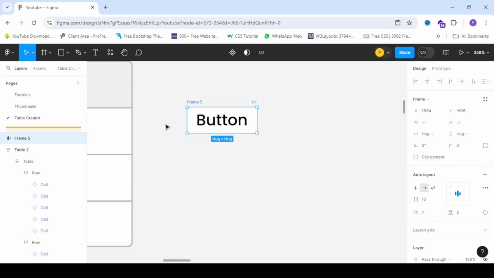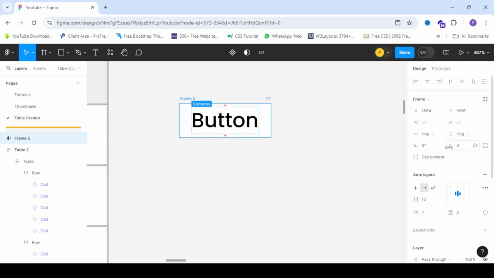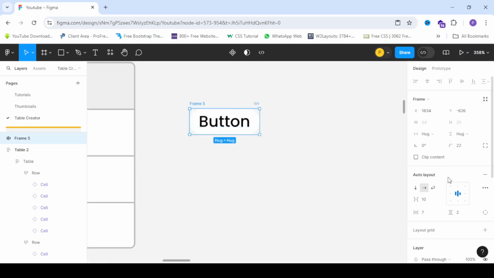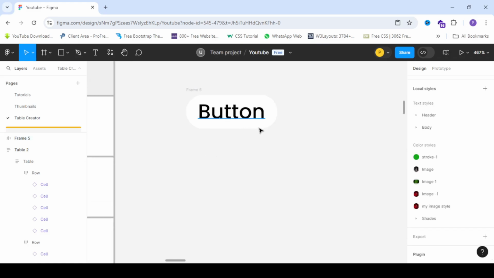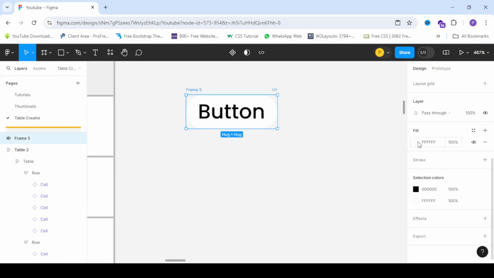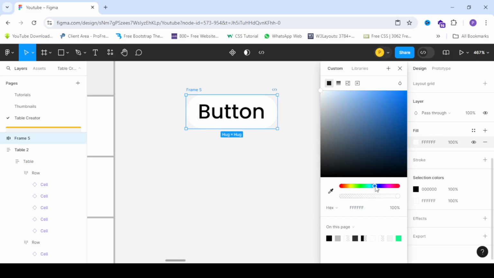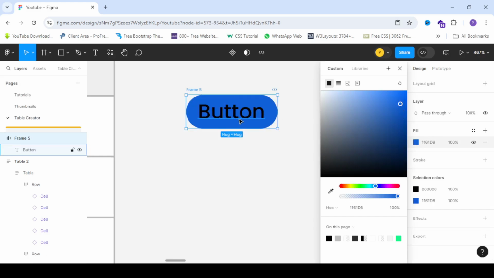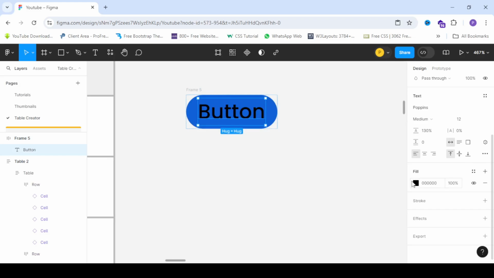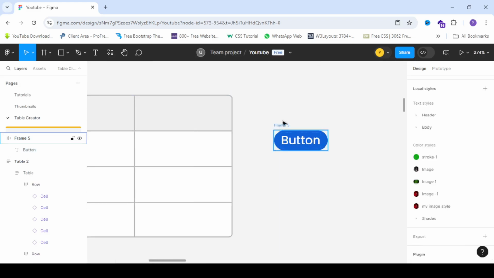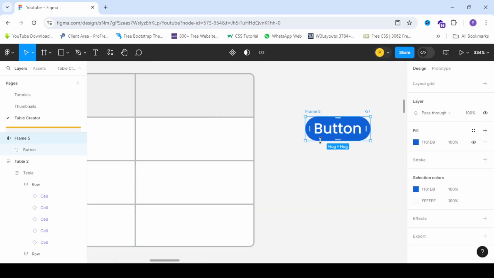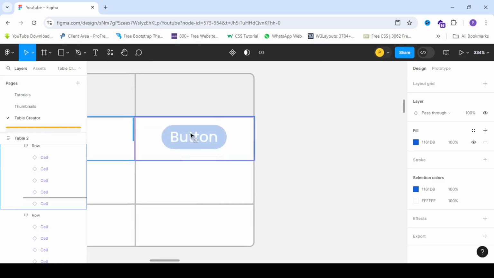Now I want a little bit of rounded corners. Let it be like this. Text color would be white. Okay, that's it. Now, if you initially try to add this button, you will see that this is not possible,